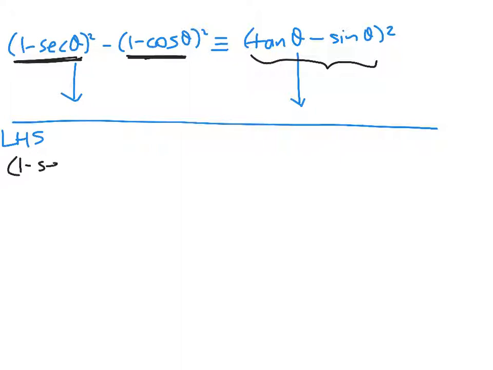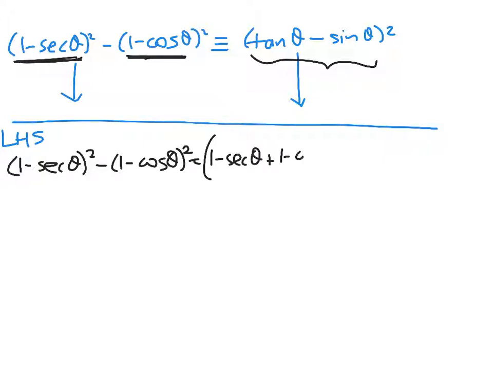So (1 minus sec theta) squared minus (1 minus cos theta) squared can be written like this: (1 minus sec theta plus 1 minus cos theta) times (1 minus sec theta minus 1 minus cos theta),